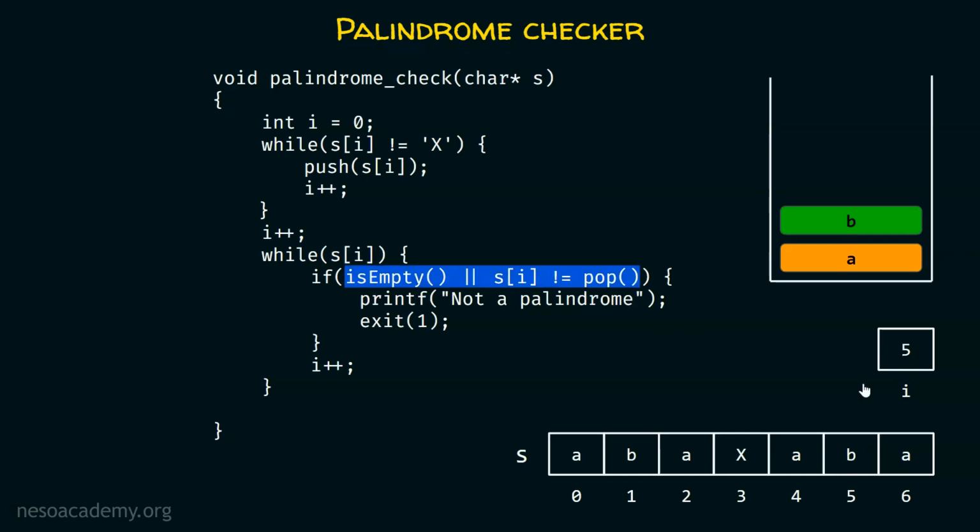Now we'll again check this. Again, you can see that B is equal to B. Therefore, this message will not get printed. And after this, of course, this element gets popped out of the stack. Here, I++ will get evaluated, which means this becomes 6. Now we will again check this. This is again true. We'll get inside. We'll check this condition. Again, this condition is false because this character is equal to this character.